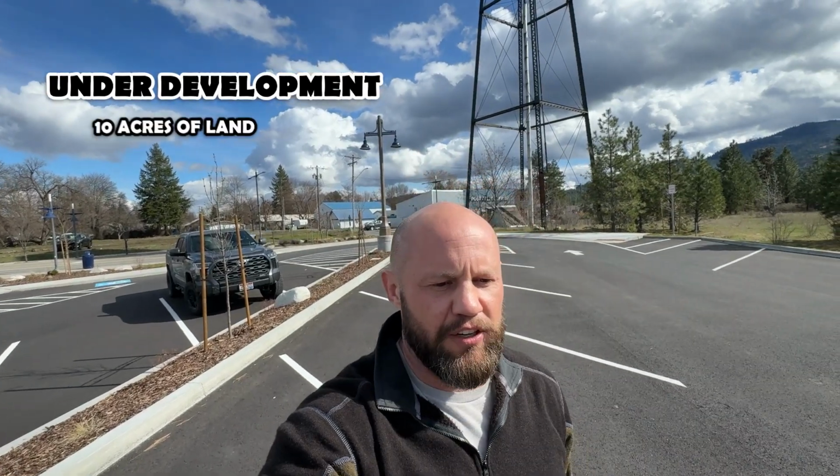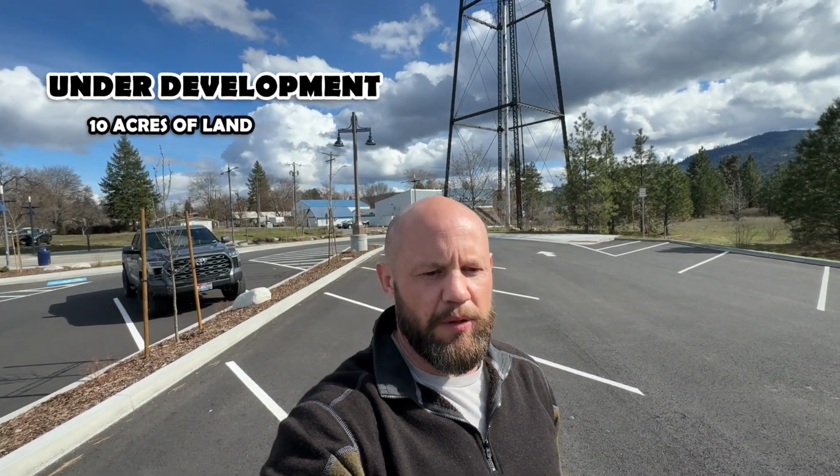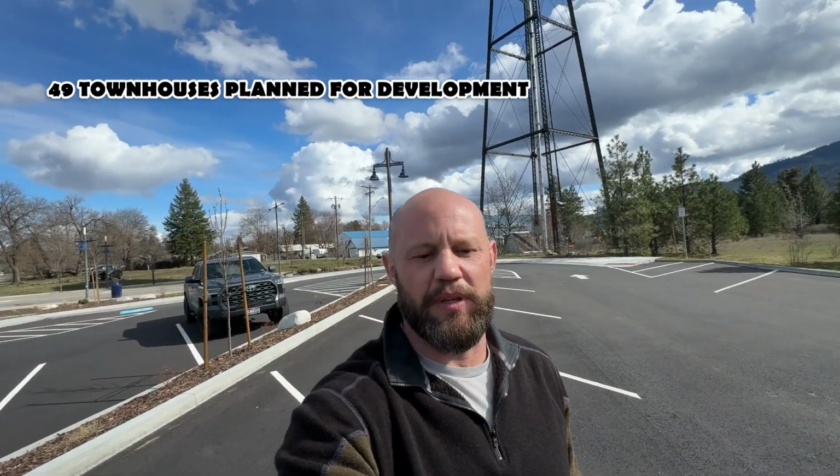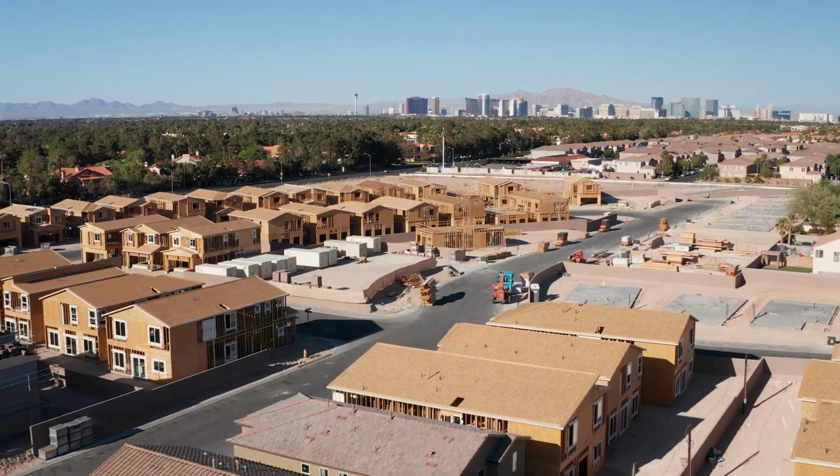First Street is right there by Post Falls Brewing Company. And along First Street, there's 10 acres of land that will be developed, and it's going to be a mixed use site with a total of 270 living units. That was over here. Along First Street, 49 townhouses are planned, and First and Henry, which Henry's just a few streets down to the east,